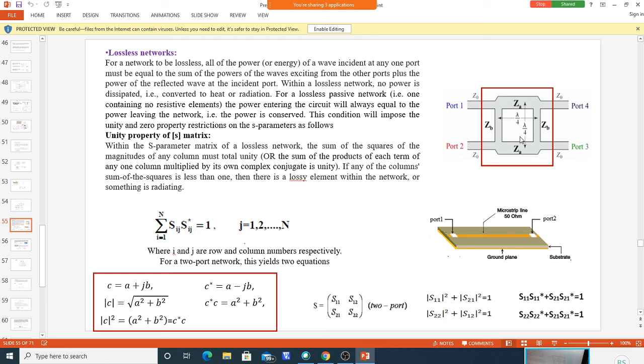So power is conserved. That means input power is equal to outgoing power. Input power must be equal to outgoing power. That is the meaning here. So input equal to outgoing power means no power is dissipated in this network. A part is coming out here, a part is coming out here, a part is coming out here. So nothing is dissipating in this network. Take a sum of power from here and here. That must be equal to the power here. Then it is called a lossless network. So you can check whether it is a lossless network or not.